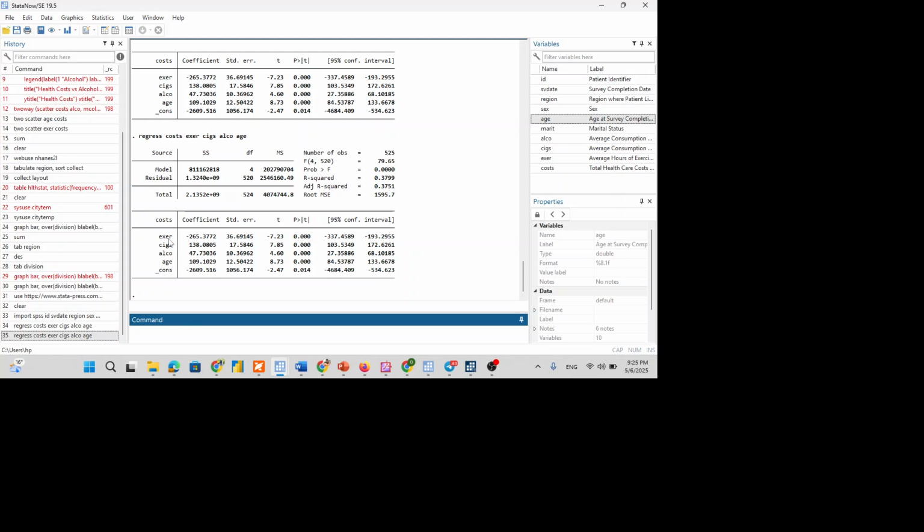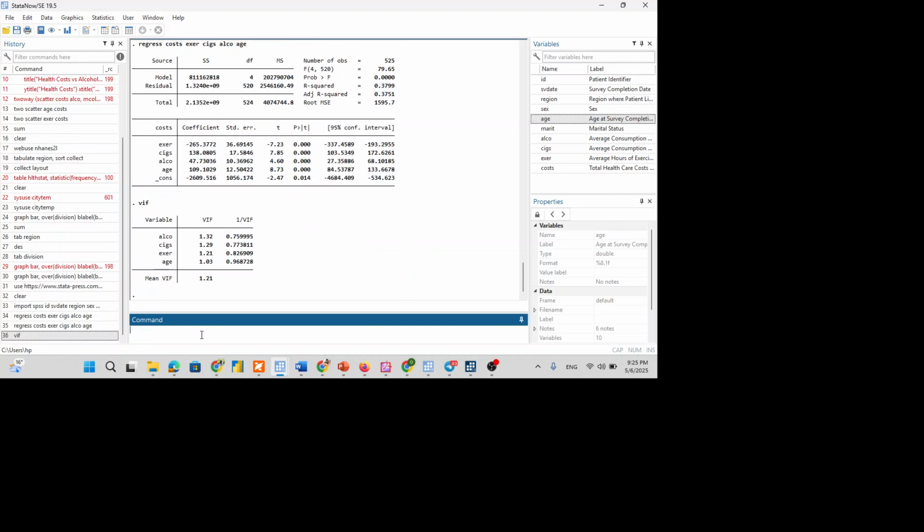If there is a relationship between the independent variables, it may affect the validity of our data. So in order to check the validity, if the variables are correlated with each other, in order to check the multicollinearity of independent variables, I will write only VIF. Then I click this command.